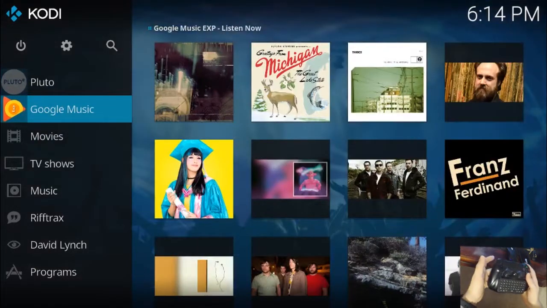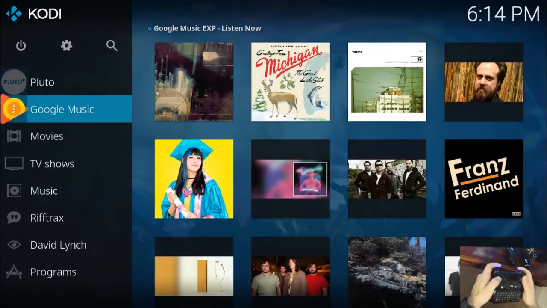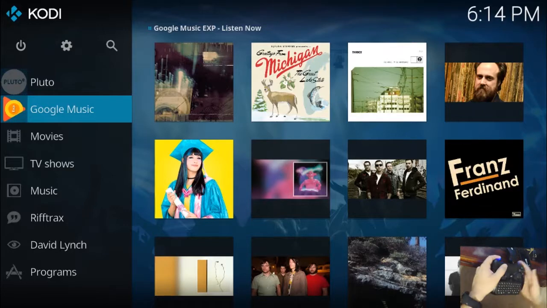Then we have Google Music, which I just recently found. If you use Google Music, it is one of the best music plugins for Kodi because it's so native. It just feels so natural, and it lays itself out exactly like it does on your phone. The widget that I used here was the Listen Now widget, which gives me suggestions for new bands that I should try out if I like other bands. So it's a really great option for me to go in there and try something new instead of going to the same thing I go to all the time, which is totally